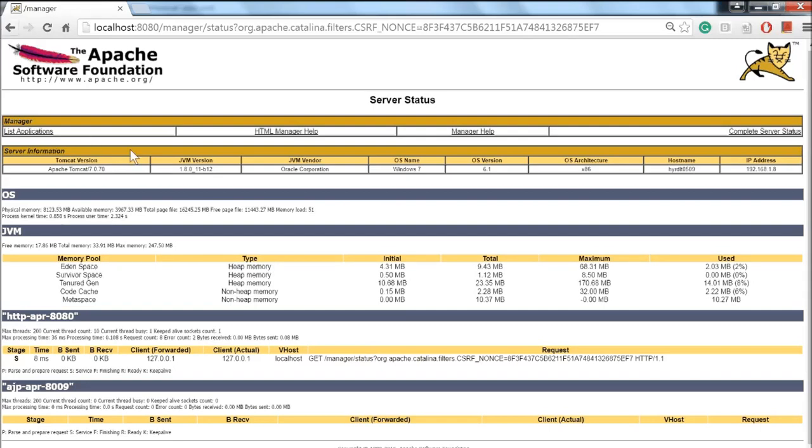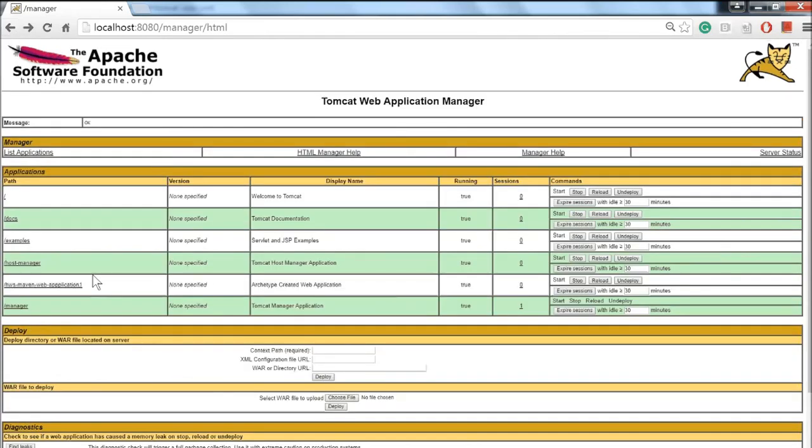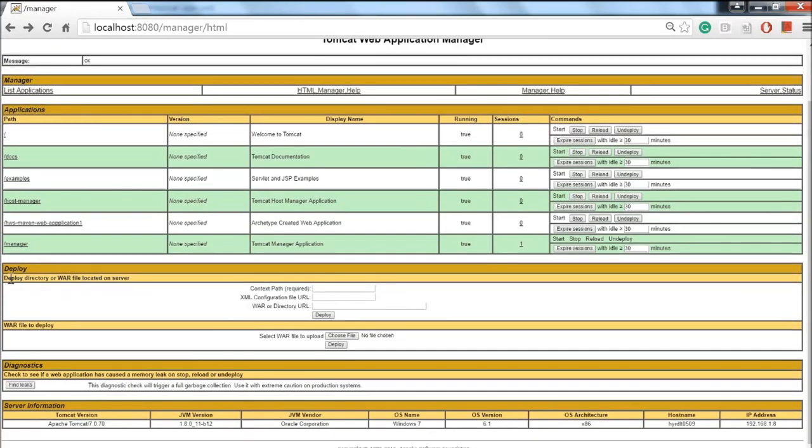If you want to explore some more things, you can deploy a war file directly here. Generally, you can deploy a war file in multiple ways. You can simply copy the zip file, or war file, or inflated directory into the webapps directory of Tomcat, or you can do it from here. It's pretty useful. If you don't want to give the URL of the war file or directory, you can simply upload your war file also. And you can try to find leaks here.